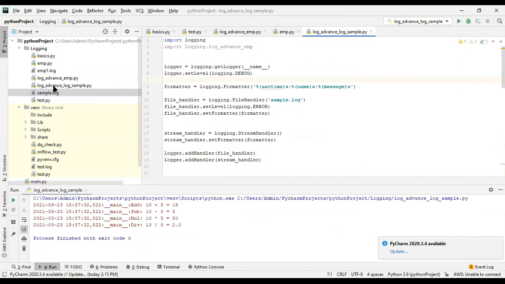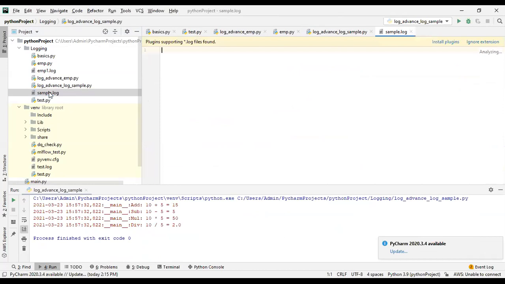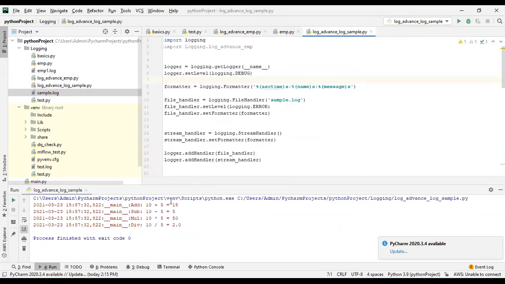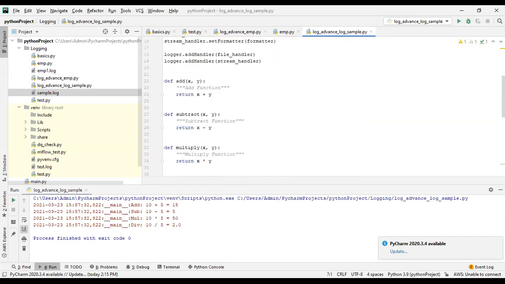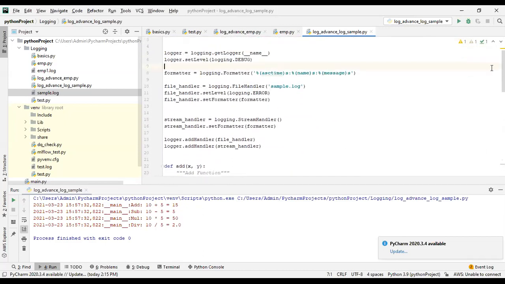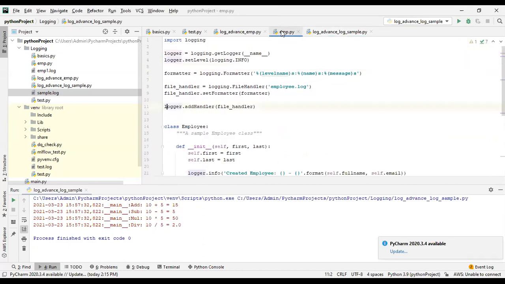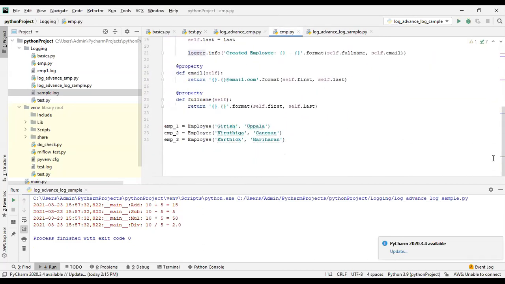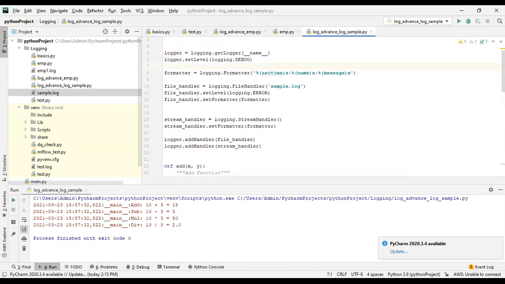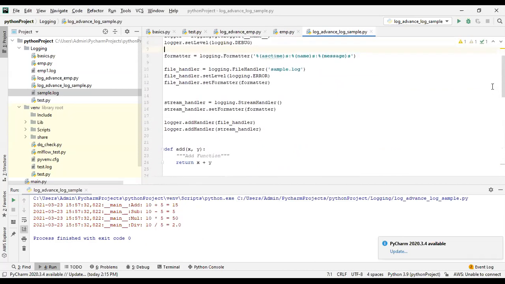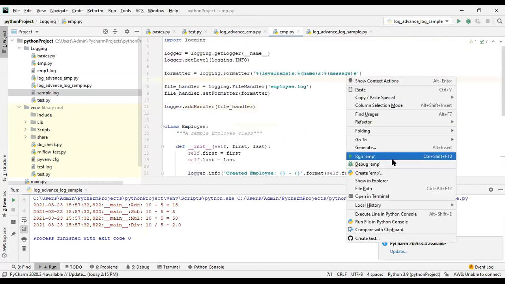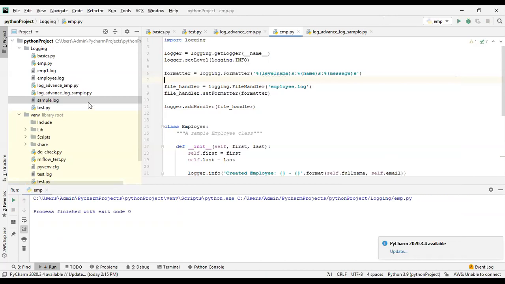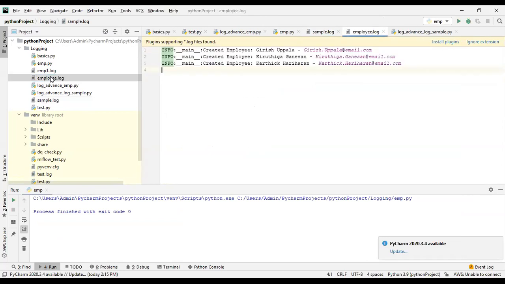Show you. Just give me some time to set this. Employee.log.